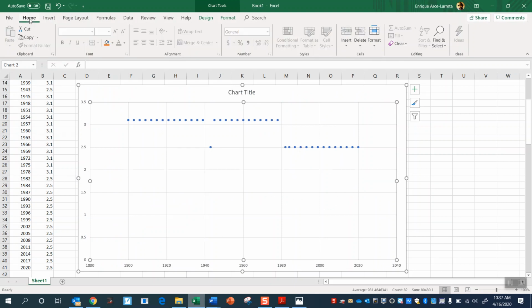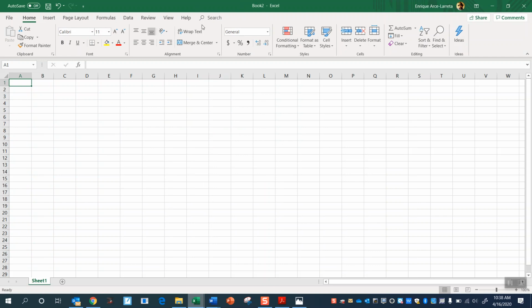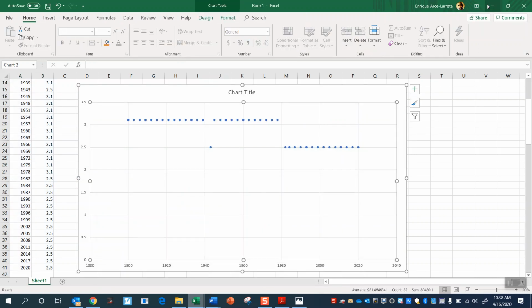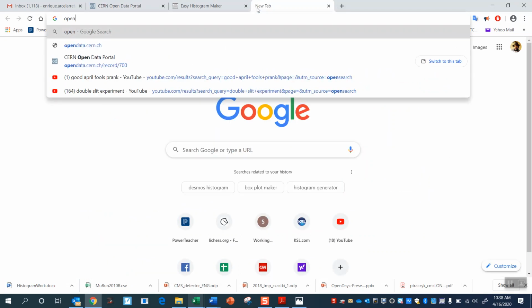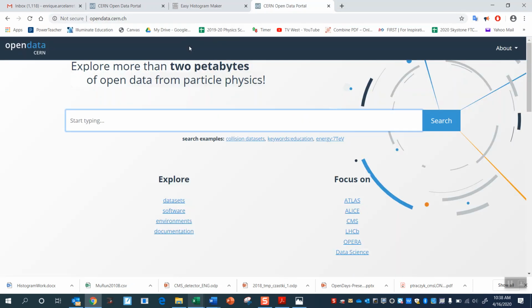Let me go to home. So the first thing you need to do is to go to the CERN website and download the file. So I'm going to give you a link for that, but here it is: opendata.cern.ch/record/700. It's kind of hard to find unless you have the exact link, because if you go to Open Data